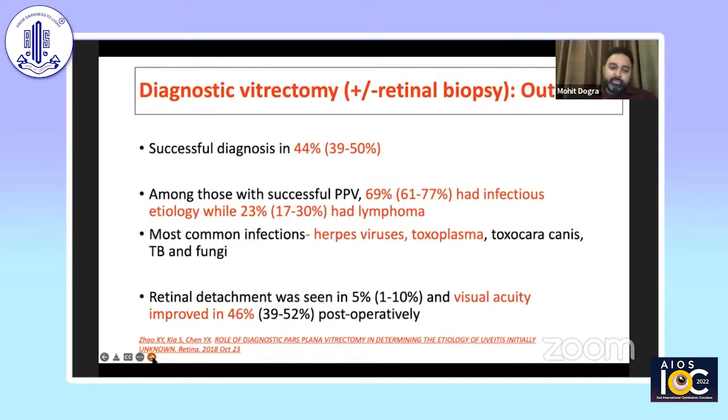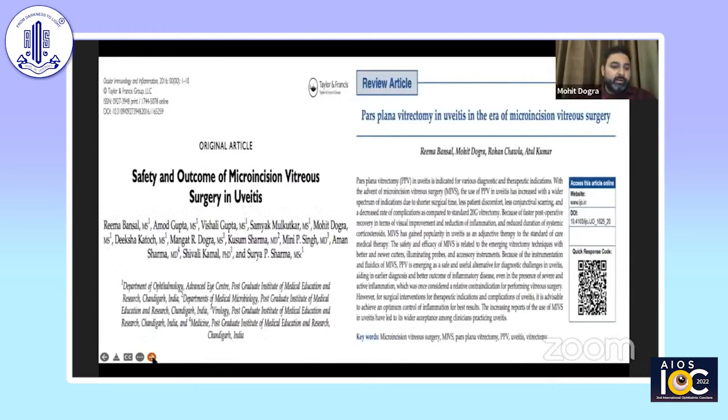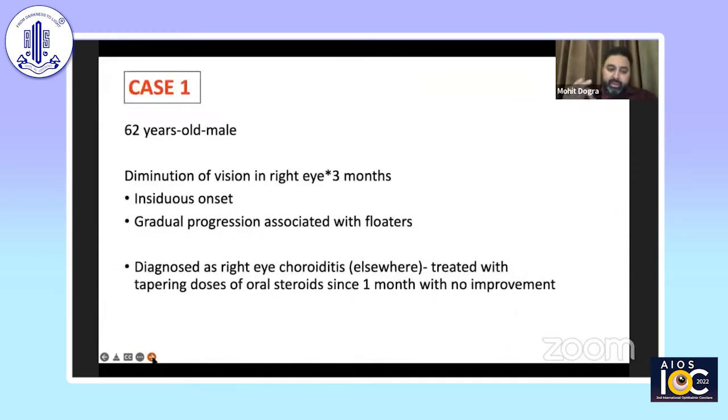However, this is a much more invasive procedure, in which there's a cutting of the retina, cauterization, and all of that involved. Hence, it carries a higher complication rate with retinal detachment to the tune of up to 10%. And although it might have therapeutic benefits as far as visual acuity improving, it also does carry its risk of complications. So we have a couple of papers on this. I'm not going to get into this too much, and straight away dive into the first of my 4 cases,